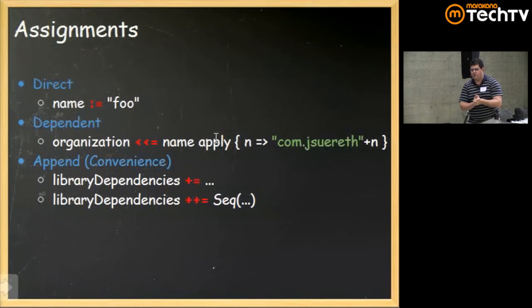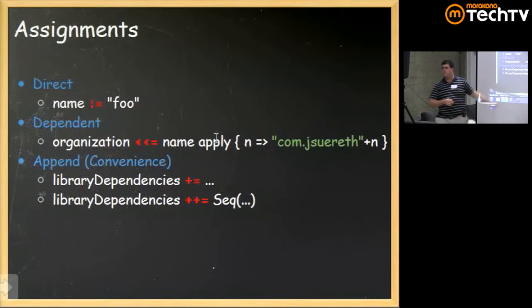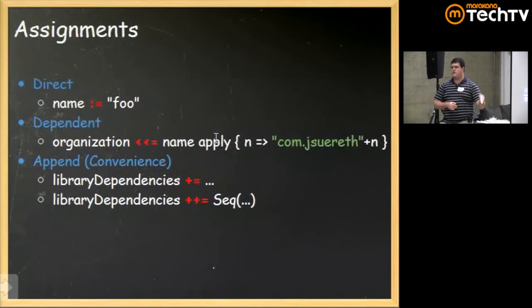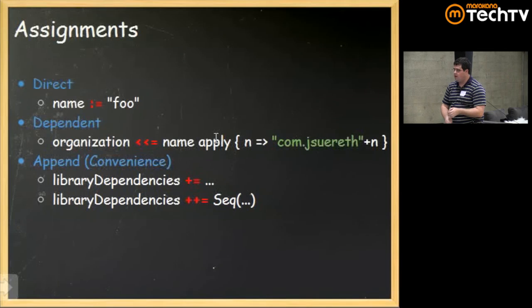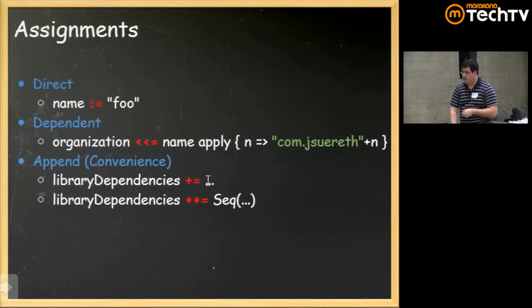Another thing I can do when I assign things is this library dependencies key, right? Library dependencies is a sequence of libraries to depend on. So there are two special operators I can use called plus equals and plus plus equals, where I can put either a library on the right-hand side or a sequence of libraries on the right-hand side, and it will append them to the previous value. So remember how I said you can have less than equals on a previous value? This code is akin to,